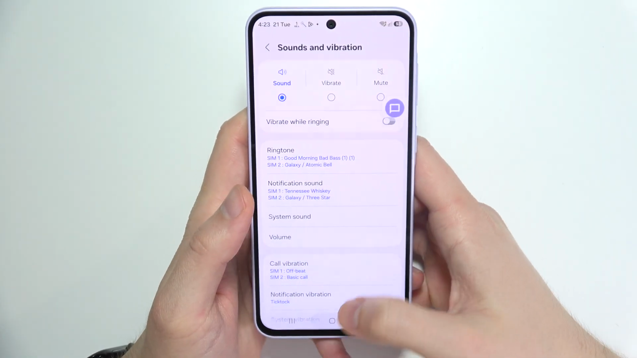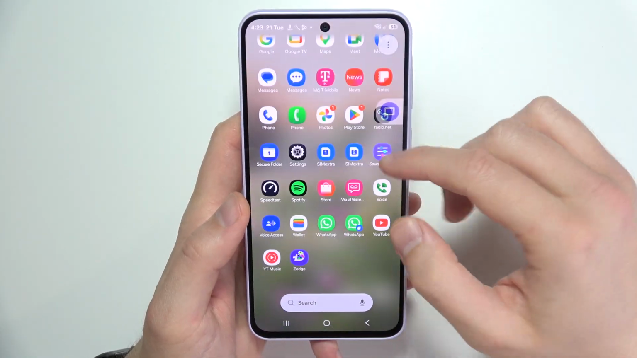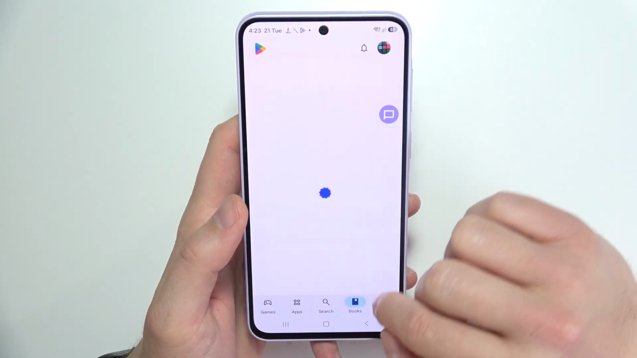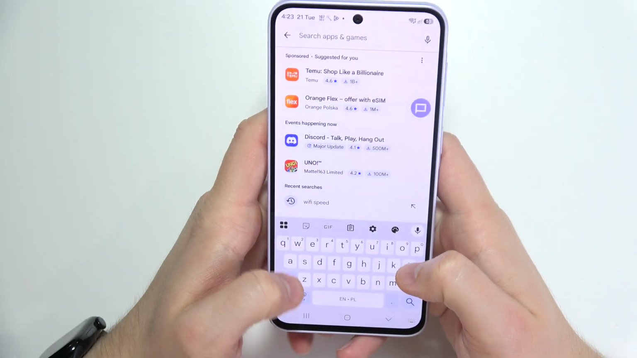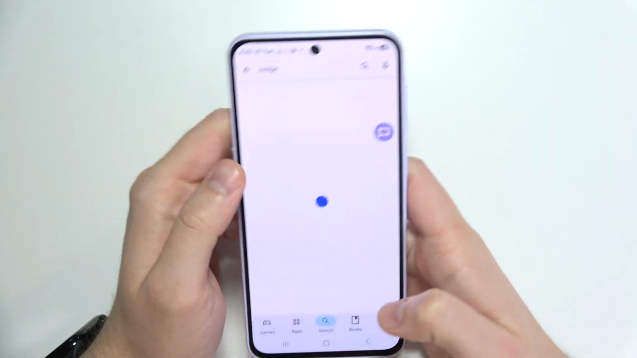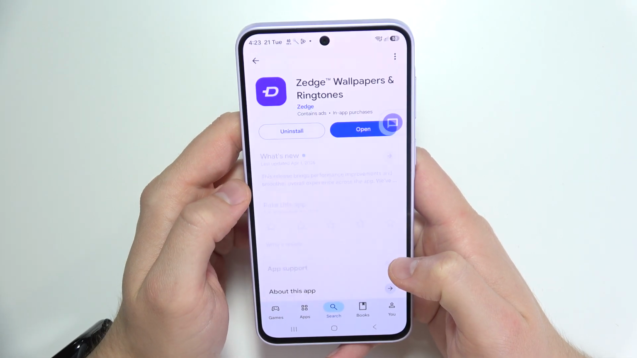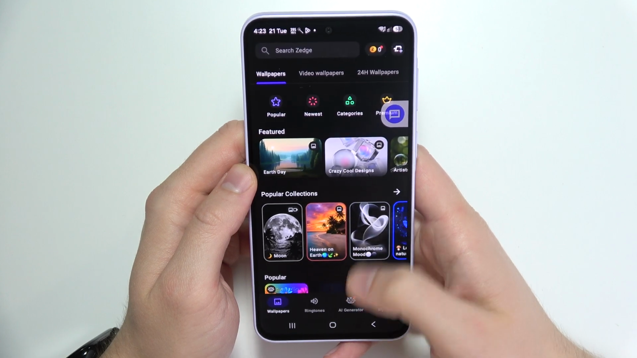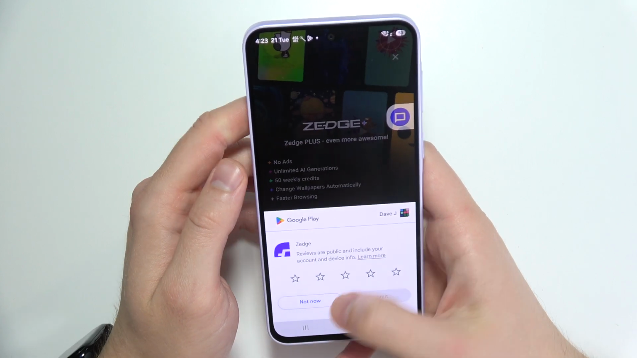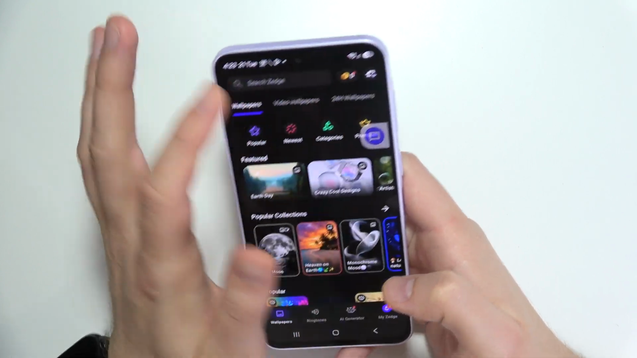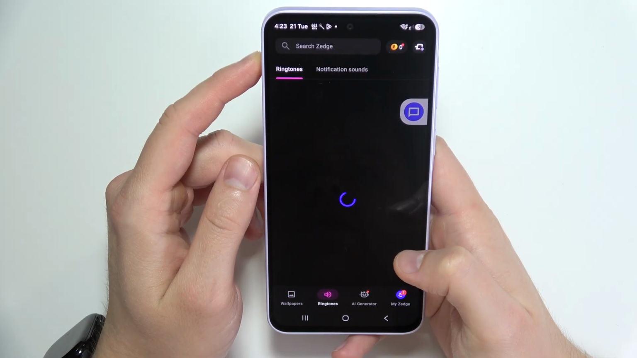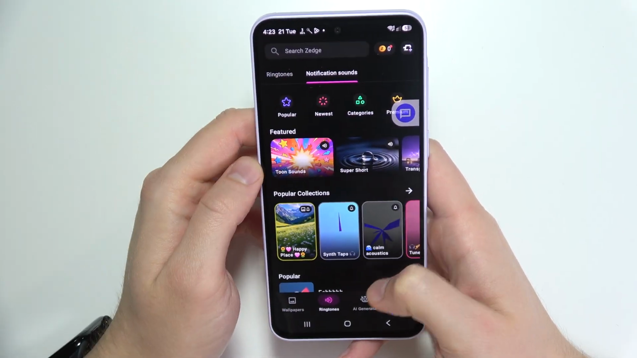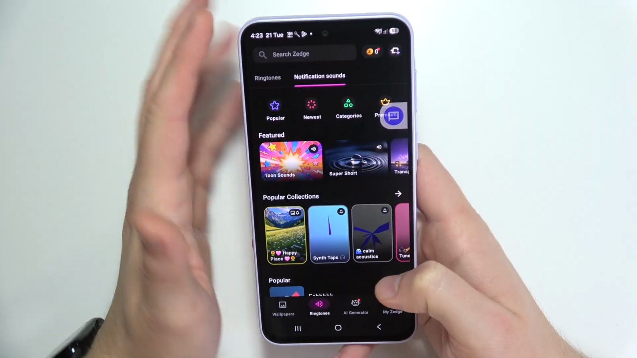This is the first option. But if you don't have that sound, but you want something, then you can easily get it by opening the Google Play Store and downloading the Zedge application. You have to get this one, and just open it. If you are opening this for the first time, you will have to accept a lot of permissions, and then go for ringtones, go for notification sounds, and now simply find the sound that you are looking for